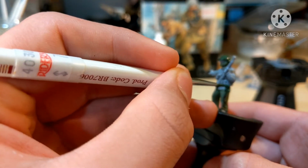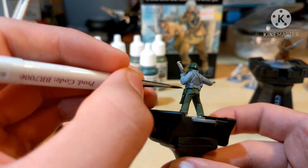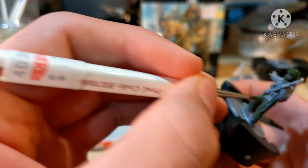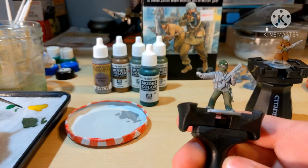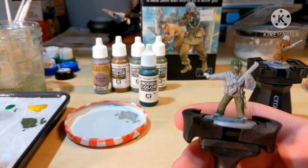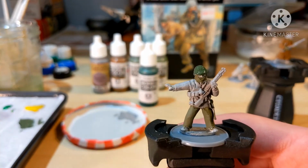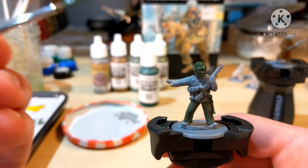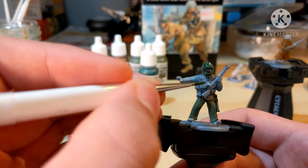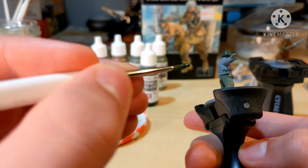And we won't do the shaft of that because that will be a wooden detail later when we get to our wooden. And for some of the pouches you can also do, I would definitely do them because for some of them on the box art as well, it says that these guys would have green pouches. And since this guy's uniform is going to be a light tan, you don't want to be doing light tan pouches with that. That seems quite boring, so we're just going to pick...